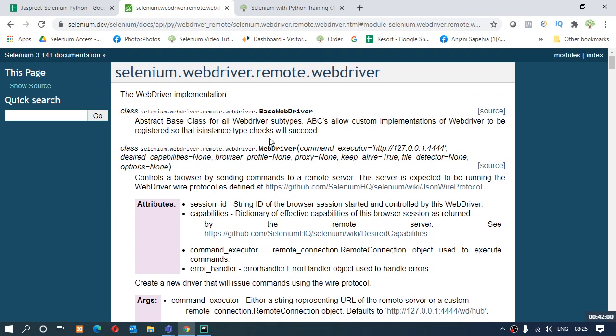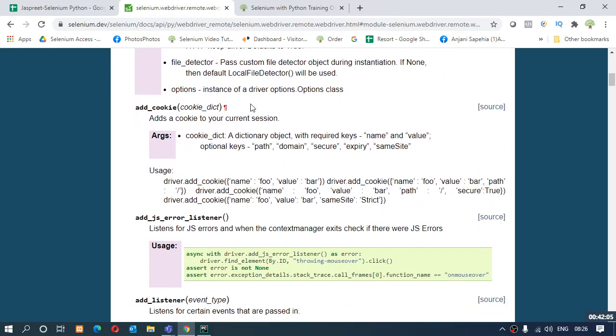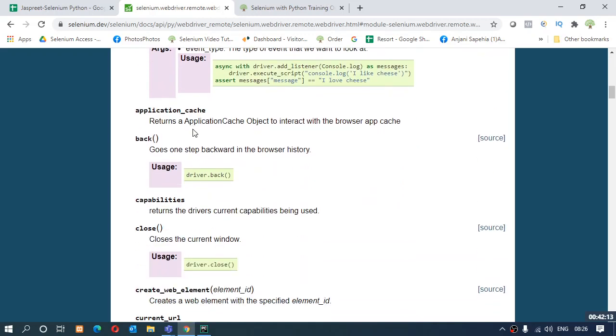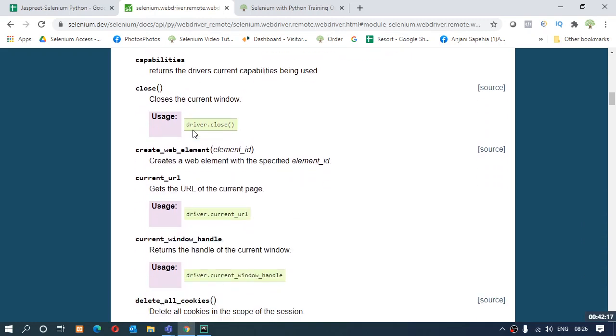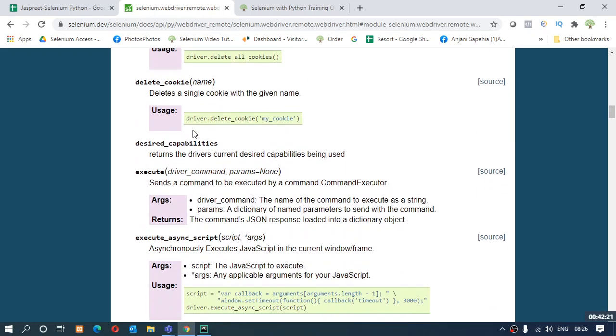This is the class we are going to use, the WebDriver class, and if I scroll down, you will see functions listed over here, the functions which are inside this class, like add cookie, if you want to add a cookie, and like that. But what we are concerned with right now is to open a browser, right?